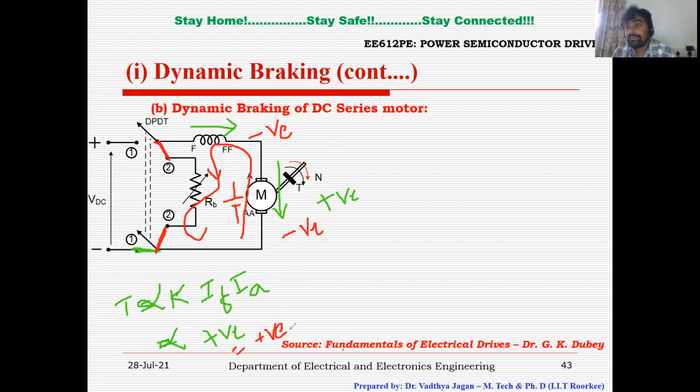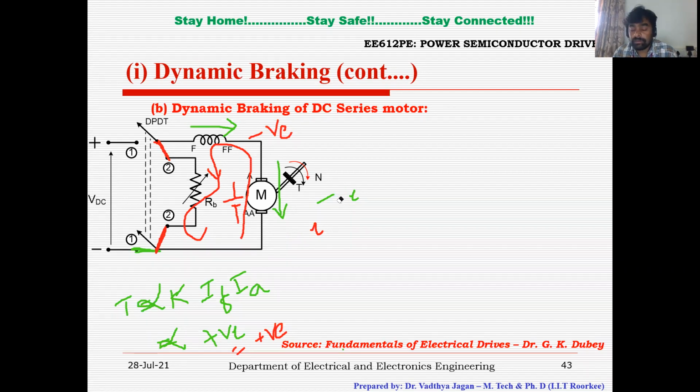So even if you apply the braking in this machine, the machine won't go off, and it won't provide the kinetic energy to the external resistance, right? So still the machine will operate in first quadrant only, but it will take a long time to dissipate its energy, and the machine will still operate in first quadrant because the torque is positive, and speed will be positive because the speed depends upon the back EMF. Back EMF will be positive here, right? So the machine won't move to second quadrant.